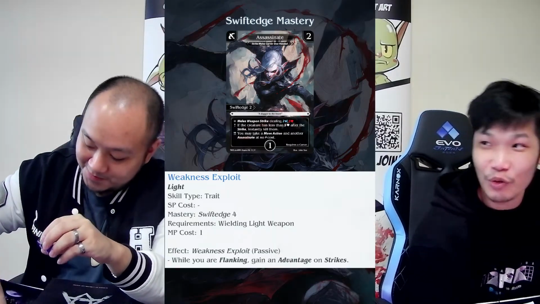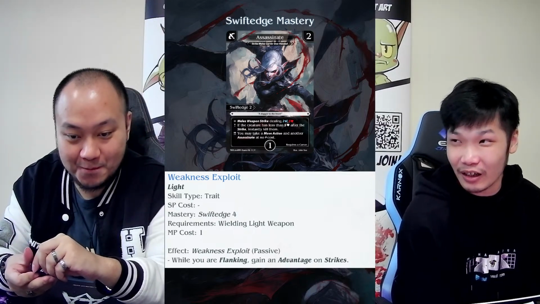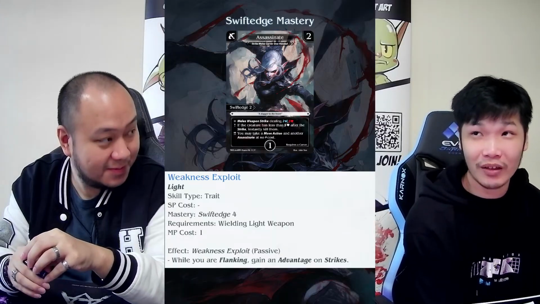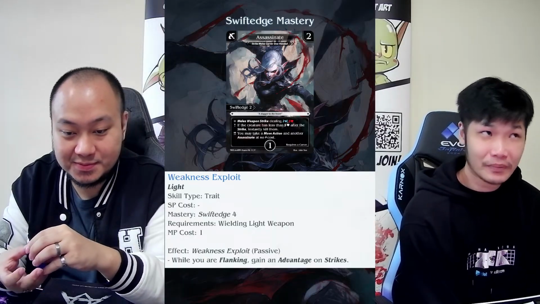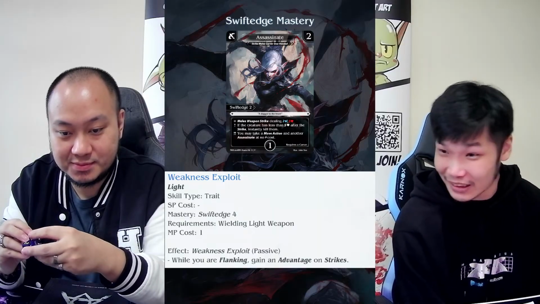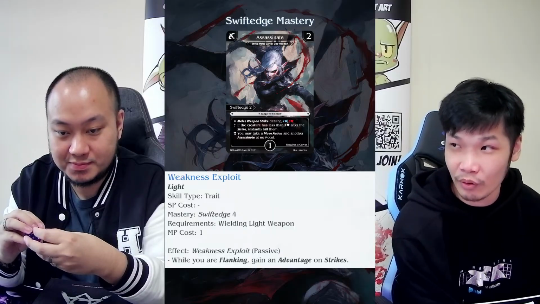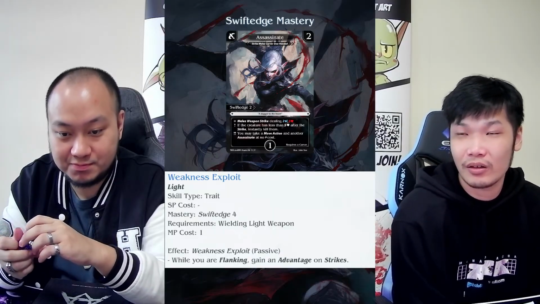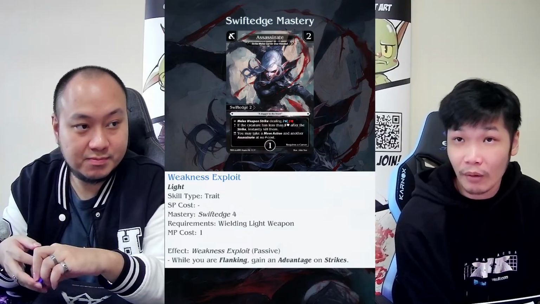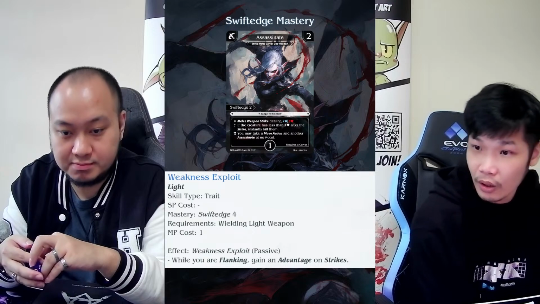Pretty straightforward until you realize that when you are flanking, you really guarantee a great success. This is one of the most synergistic skills. I don't think you get any more synergistic than this, to be fair, because it just activates when you're wielding a light weapon. So one example is if we go back to the blade weapons. If we took a blade that has the light property, you could basically activate